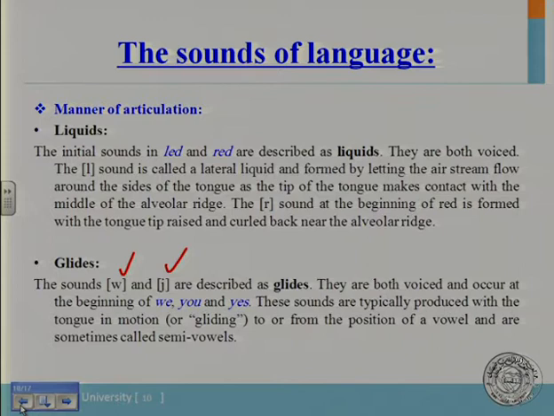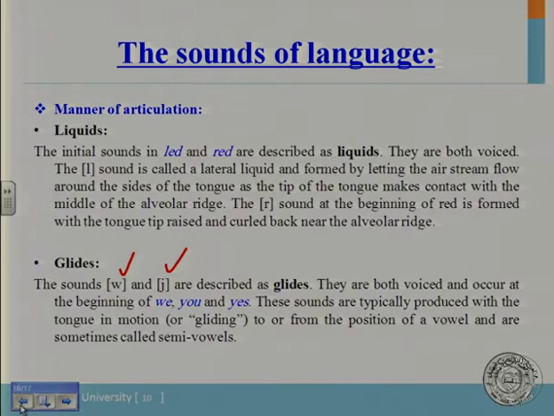These sounds are typically produced with the tongue in motion, or gliding, to or from the position of a vowel,